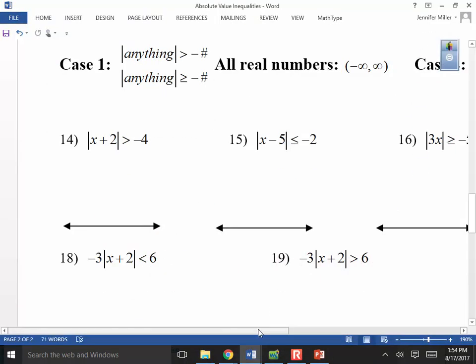Okay, wait, did y'all need me to leave that up there for a second? And you guys, I kind of generalize this in these special cases. The absolute value of anything is going to be greater than a negative number, so that's why it's all real numbers. And it's never going to be less than a negative, so that's why it's no solution. However, let's look at number